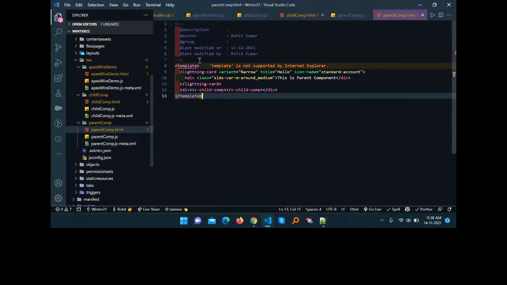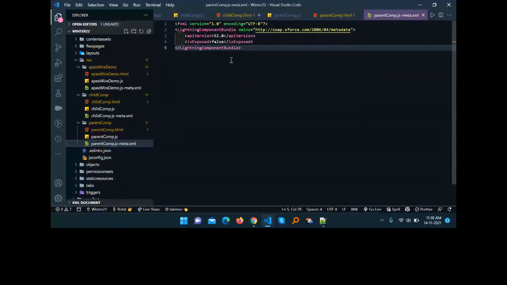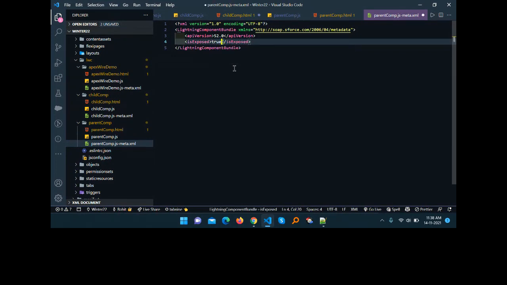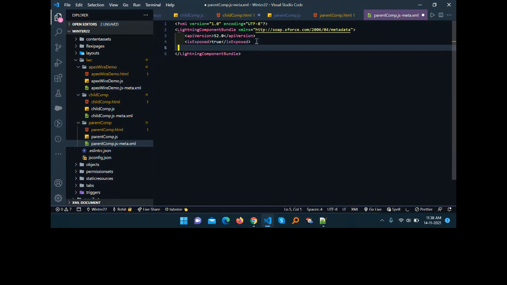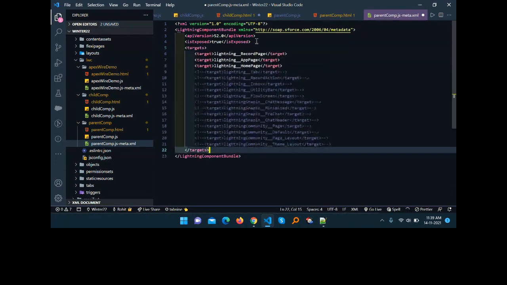And I want to expose this parent component under the org. So how to expose? Here you can see my lightning metadata file. Okay, and isExposed is false here. You should always change this false to true if you want to expose this component into another. Okay, and you have to write your target. I have created some snippets for this one.